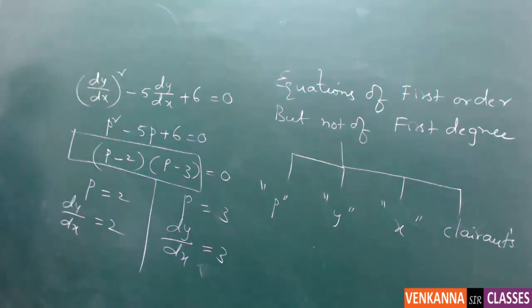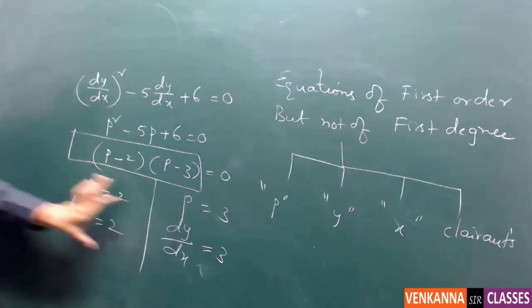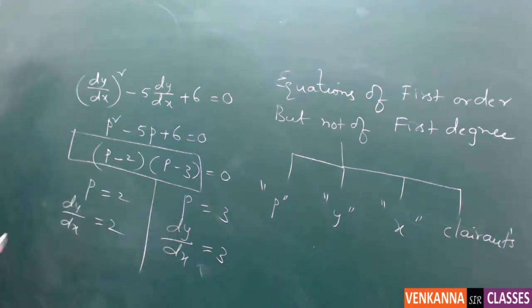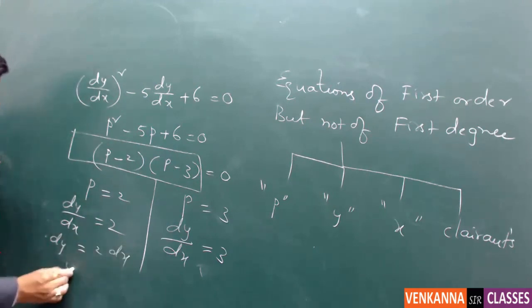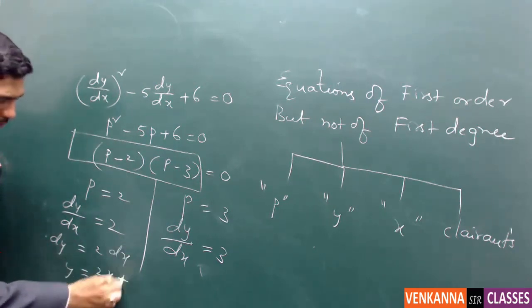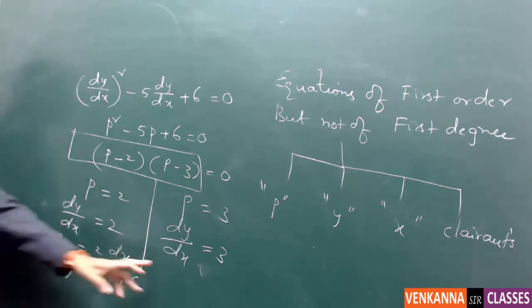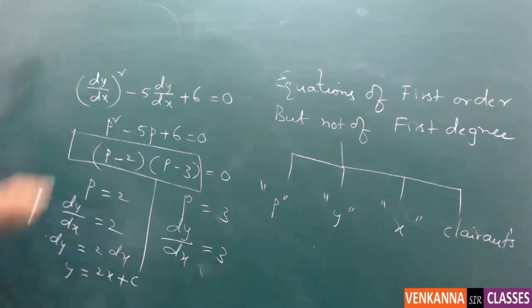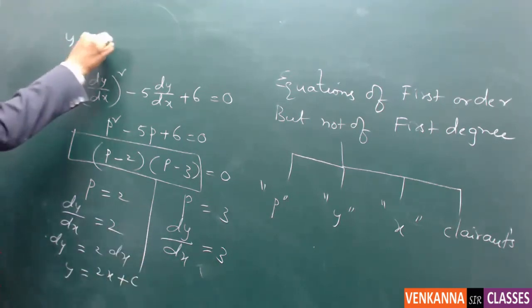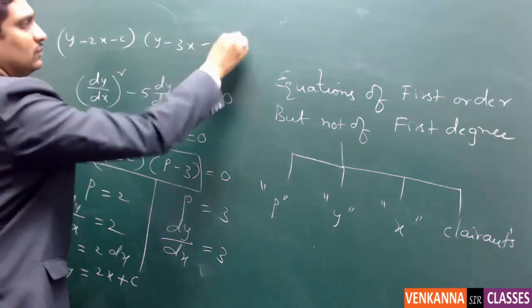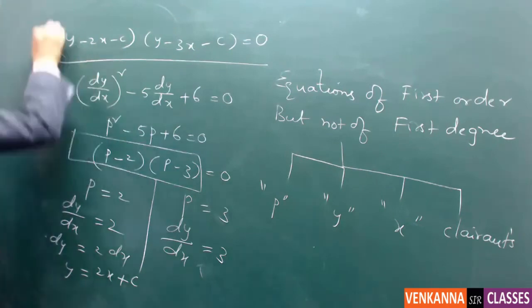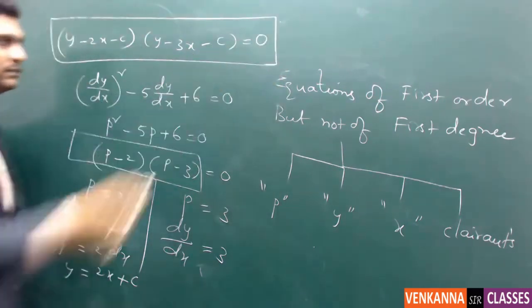So we are going to solve each factor individually, so that dy is equal to 2 dx, so y is equal to 2x plus c. Here also we have y is equal to 3x plus c. The corresponding solution is, so this is the required general solution,